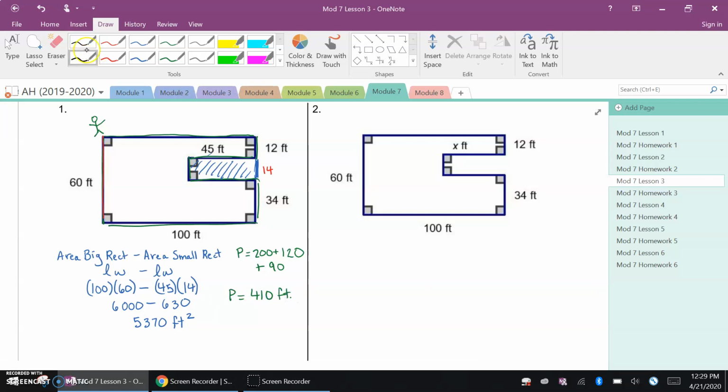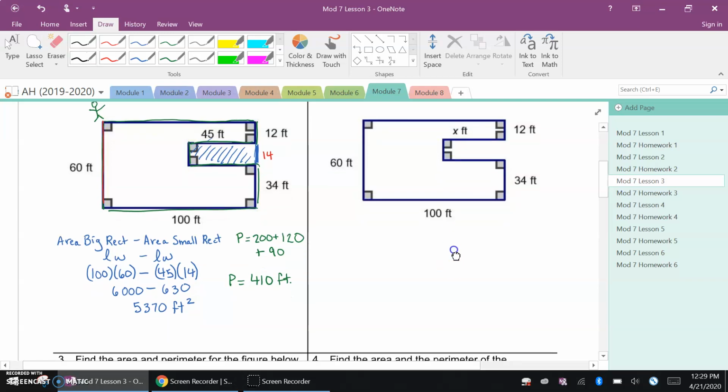So looking ahead, number two is very similar. The difference with number two is that we have an x where it says 45. And so when we solve this out, we are going to be left with a variable in the end answer. So attacking it the same way, we have the area of the big rectangle